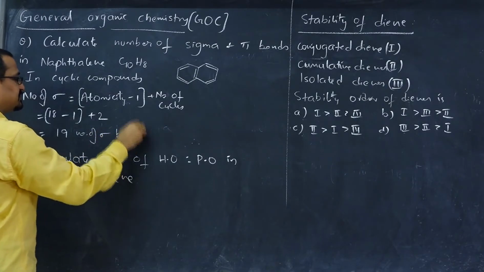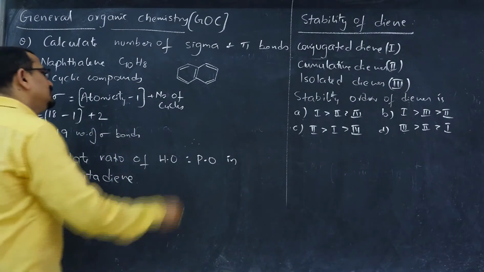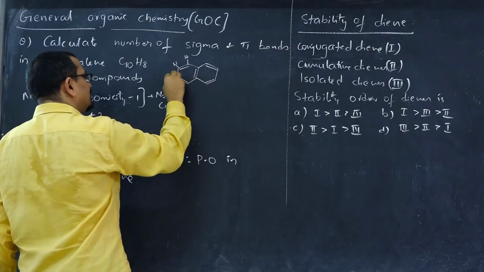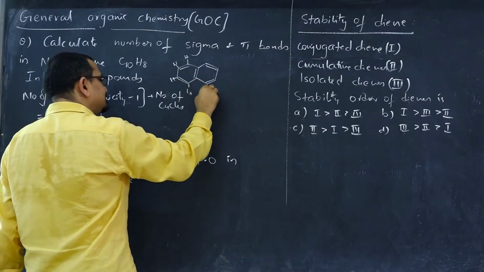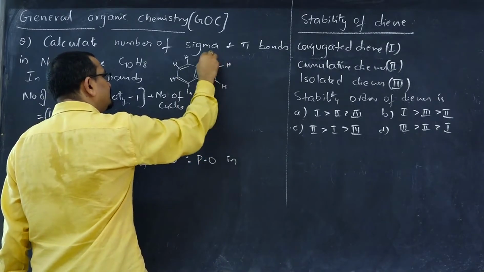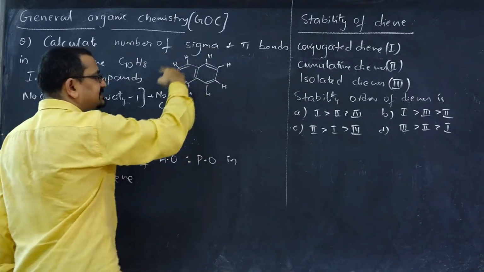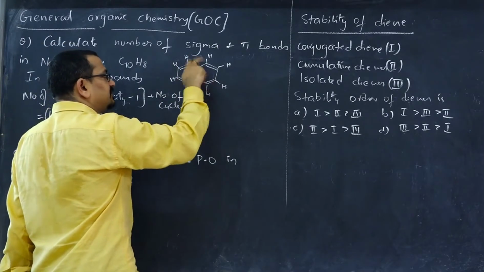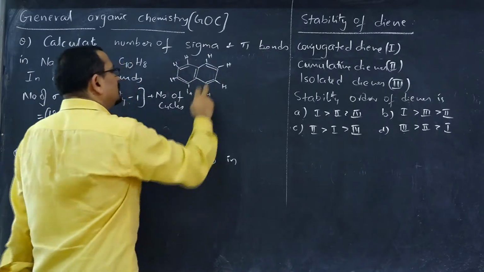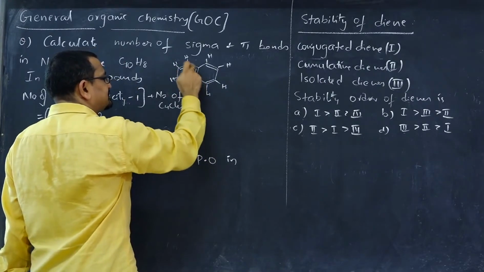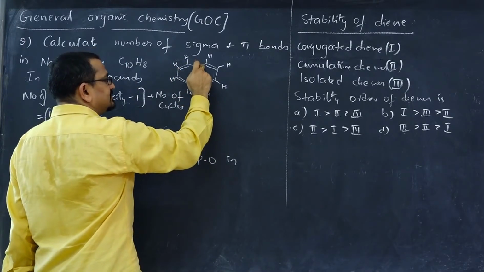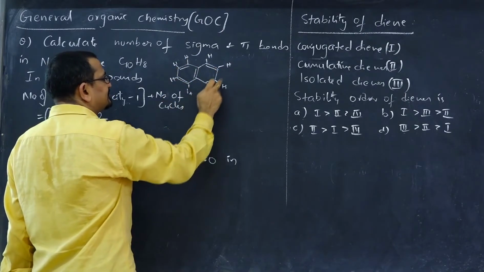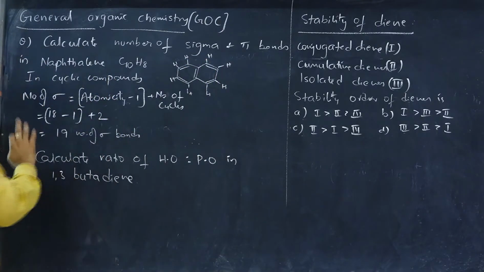So, instead of drawing the structure and counting, you can use the formula. This is a bond line notation where we should not show hydrogen. For counting purposes only, I am writing hydrogen. Actually, this is a wrong way. When we are specifying a bond line notation, hydrogen should not be shown. Now, let us count: within the first cycle 6 sigma bonds, 7, 8, 9, 10, 11, 12, 13, 14, 15, 16, 17, 18, 19 sigma bonds we got.